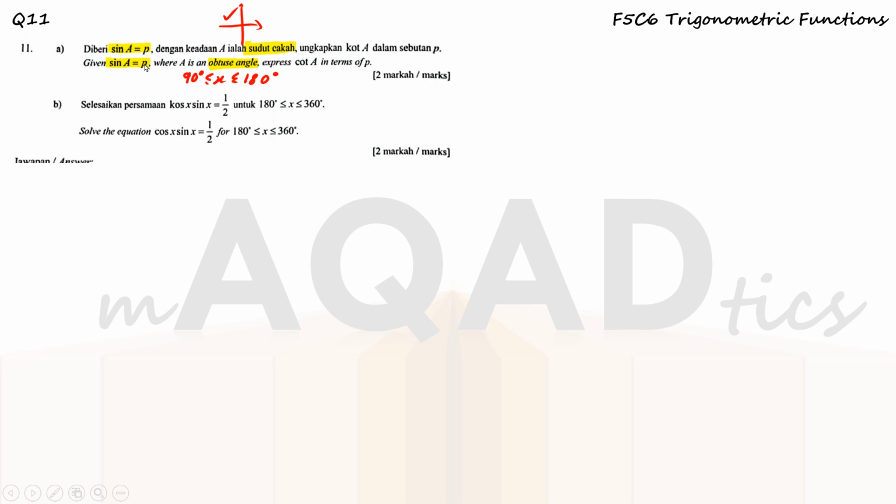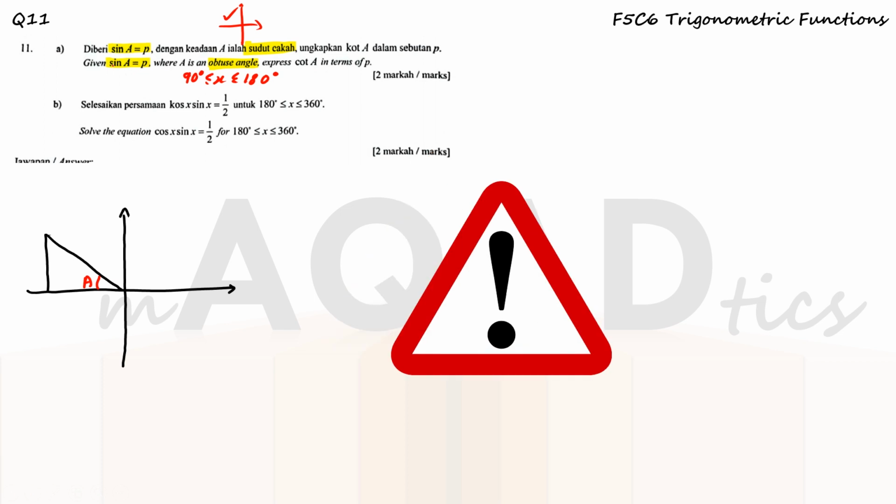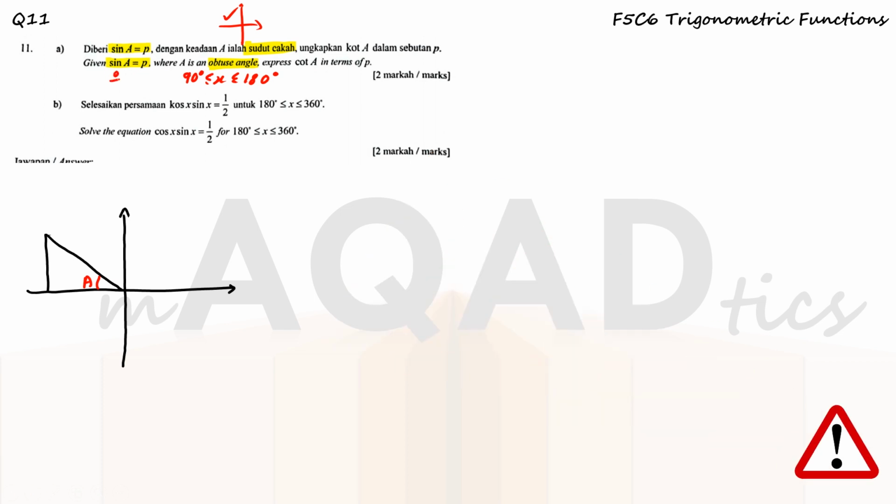Okay, so for this kind of question, let us draw out the triangle first. Since it is the second quadrant, 90 to 180 is here, so I will draw this triangle here, and the angle A, I'll draw it here. Okay, so now sine A means opposite divided by hypotenuse. So here it equals P. This means that it can be P over 1. So opposite would be P,